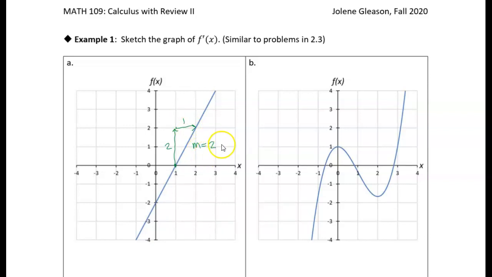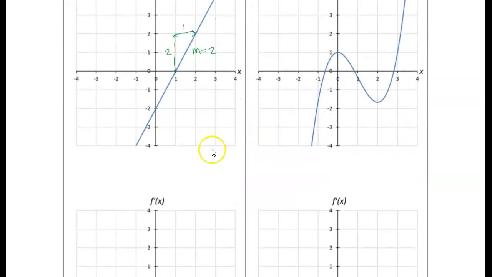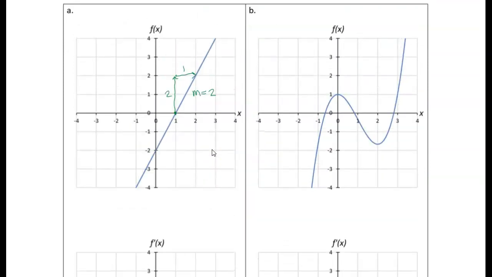Okay, so if I'm going to graph the derivative of that function, then it's just going to have a slope of 2. The slope is 2, so the value of the derivative is just 2. It's just going to be constant over what we know, right? Now this function, I don't really know anything outside of